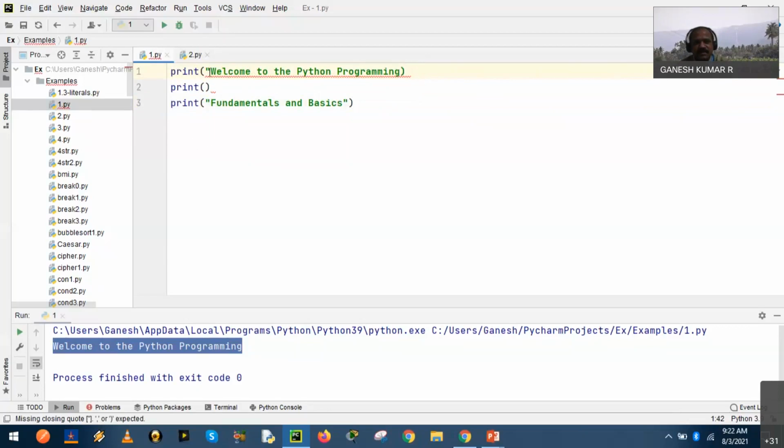Could you see the red underline below the statement, which means it is an indication alert. When you bring the cursor near that part, you will get the message "missing closing quote." A double quote at the end of the text is missed. So that is the indication. We get a message plus the red underline.